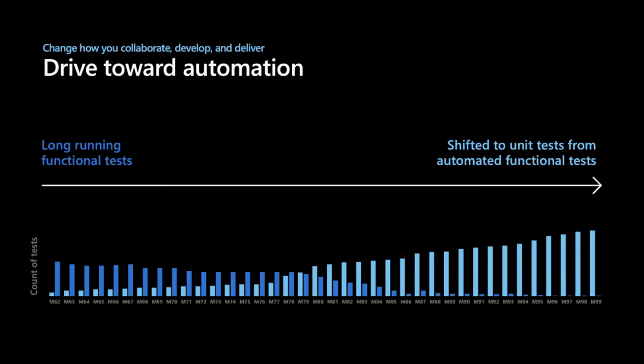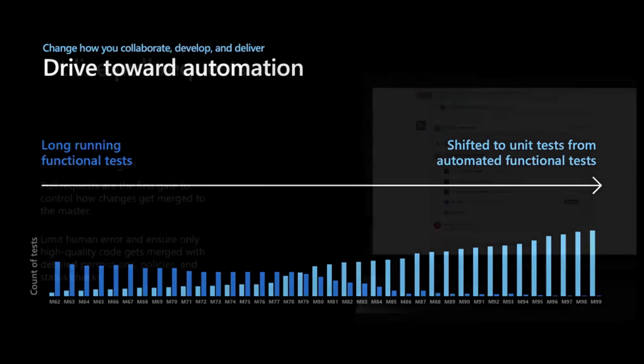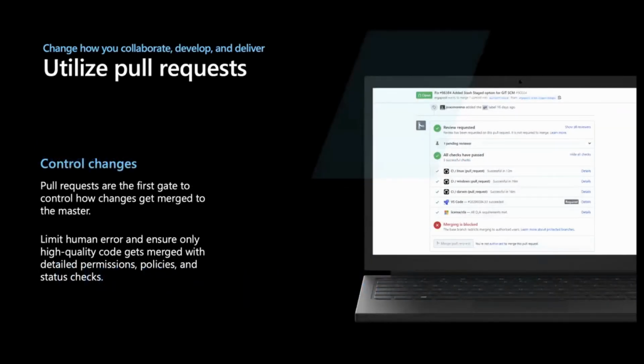So this is a really great example of a team that took that developer velocity concept, identified a problem in their current operating model, and turned that around to fix it. So tests are one part of that.